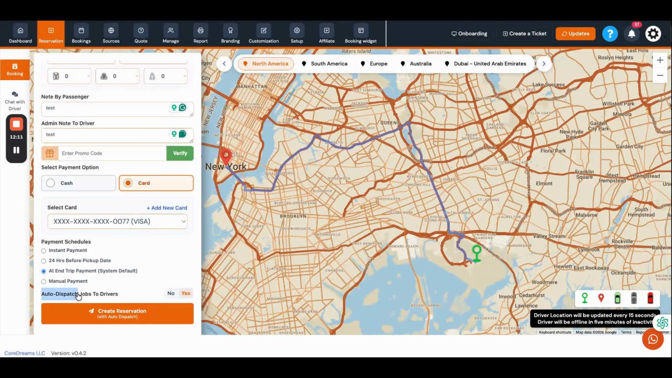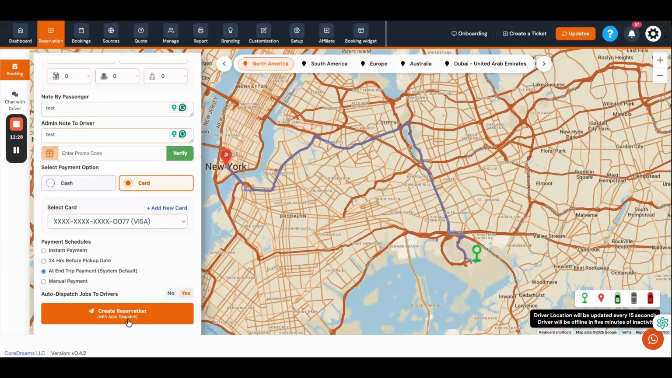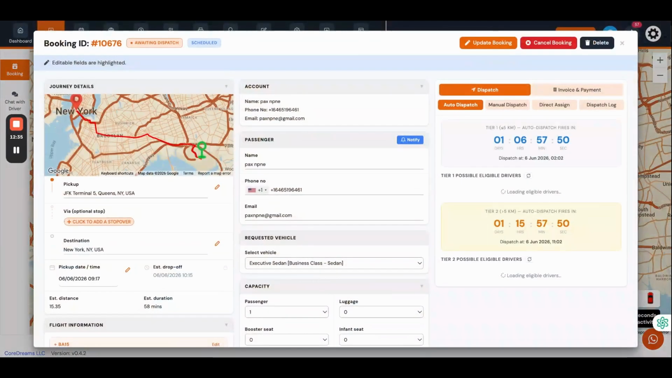As you can see here, it says auto dispatch job to driver. This is available since we enabled the auto dispatch. If you haven't enabled auto dispatch, you will just get the option here to create a reservation, and you won't have this yes or no button. Since auto dispatch was enabled, we can decide. So let's do the auto dispatch first of all. The booking has been created, as you can see. Now, like you can see here,